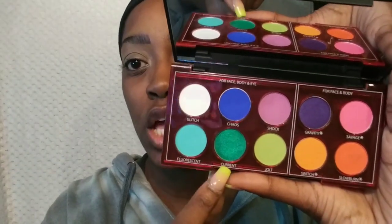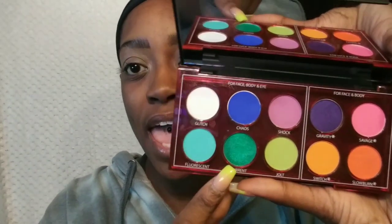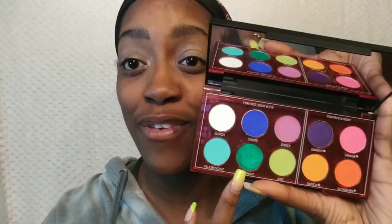Now this green, it's called Currant, and it is so bright, so vibrant that we are not going to use this today for our eye look, but this is the only shade that I'm probably not going to use. So I'm just going to do a quick swatch so you can see what it looks like. It's beautiful, and I'm definitely going to use this on a different